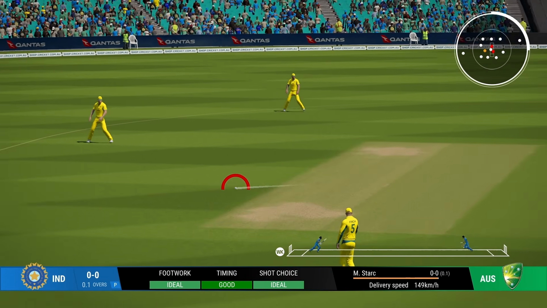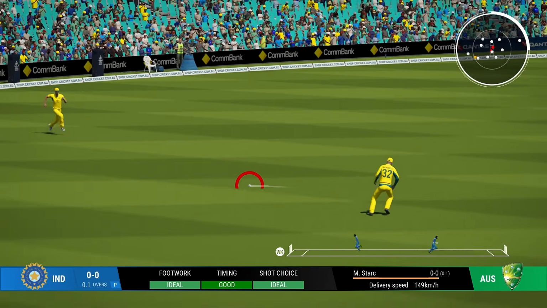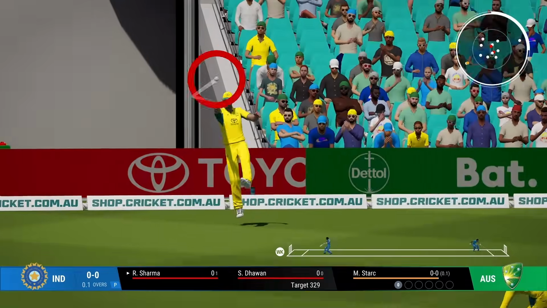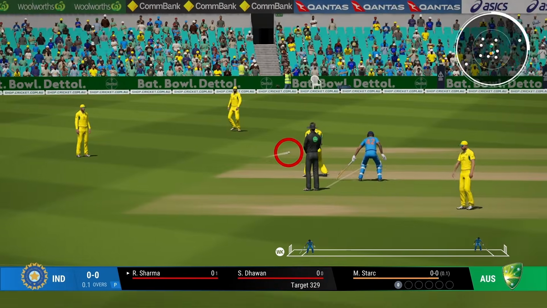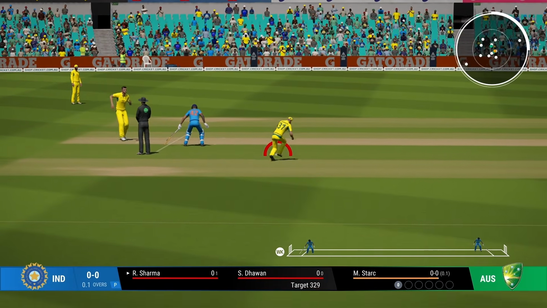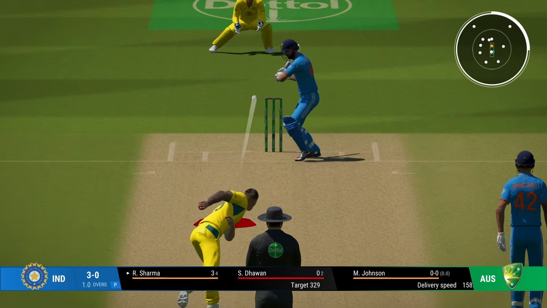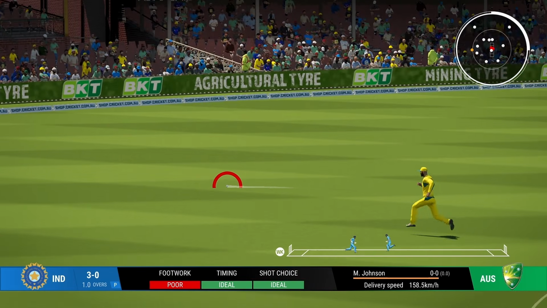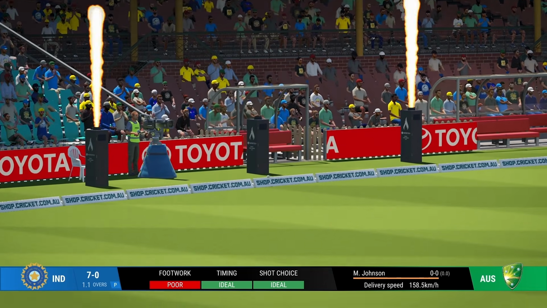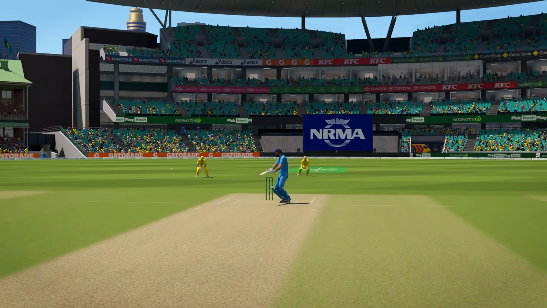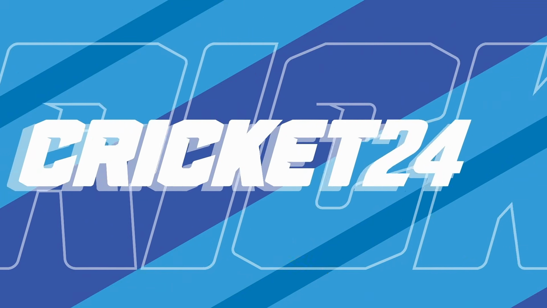Full, that's been punched, and we'll get off the mark straight away. The required run rate isn't all that high. And I don't think this should be that hard of a challenge because we do have 10 wickets in hand, but you never know. Cut, and Mitchell Johnson has started off 158.5 Ks, and even that we've smacked away. Why are both of these bowlers coming from around the wicket though? They're known for coming from over the wicket.